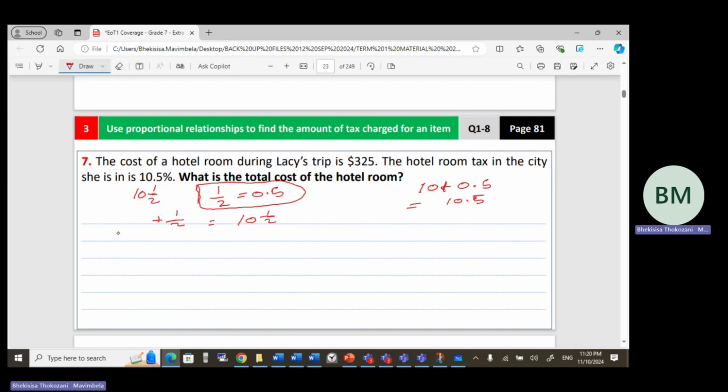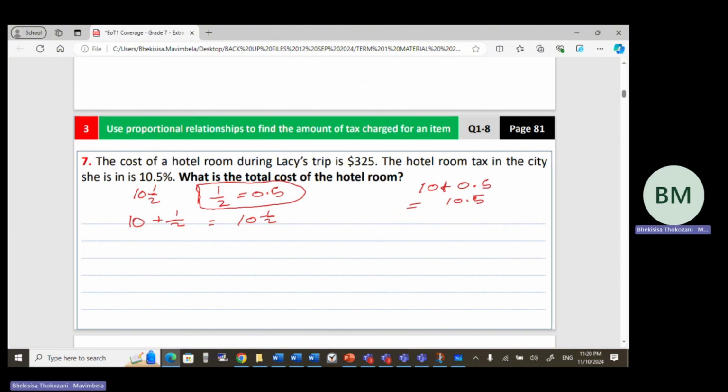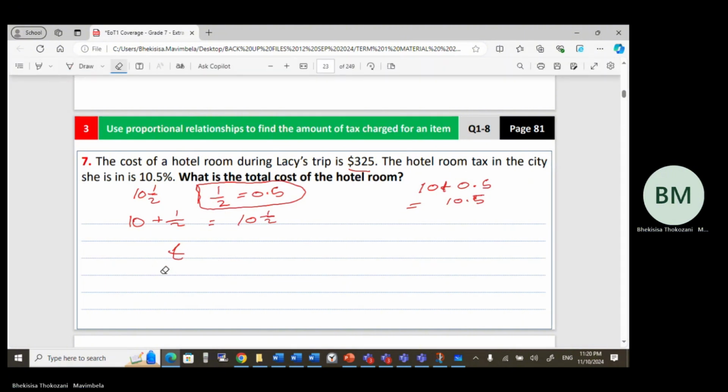All right. So once I have that, I can now deal with something which I know. And it says the total cost, the cost is the percentage. So I'm going to start with T over 325, here we go, is equal to,